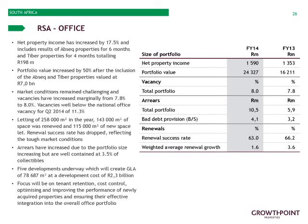Portfolio value increased by 50% after adding APSEC and Tiber, so very significant. I think if you add all the investment activity that we did during the year, you're not far off 15 billion rand worth of investment activity, which is certainly the largest or the busiest year from an investment perspective that we've ever had. Market conditions in the office sector remain challenging, with vacancies up to 8% from 7.8%, but they